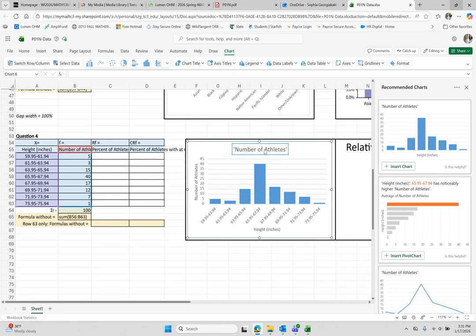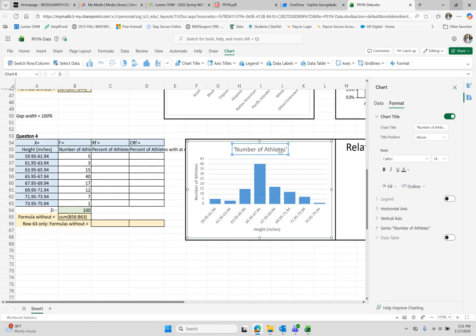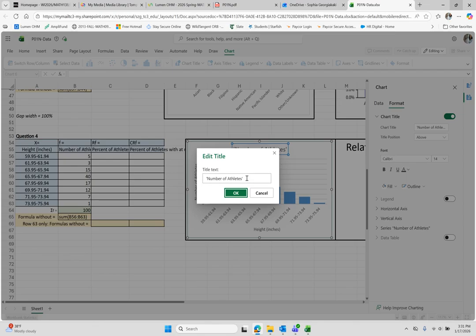It gave me the title of number of athletes, so I would like it to be a little better. So if I double click a few times, it says, what do you want it to say? And I want to say number of soccer athletes with a given